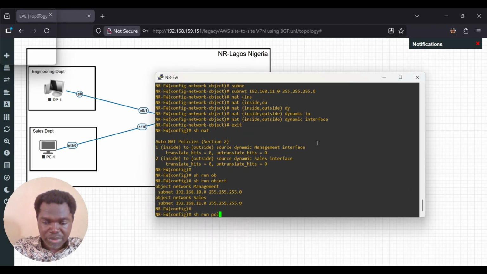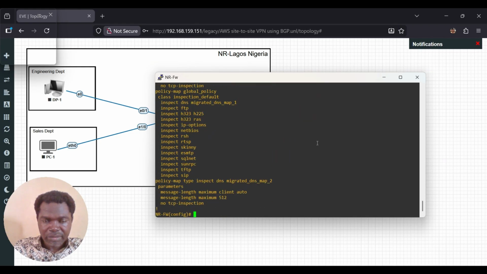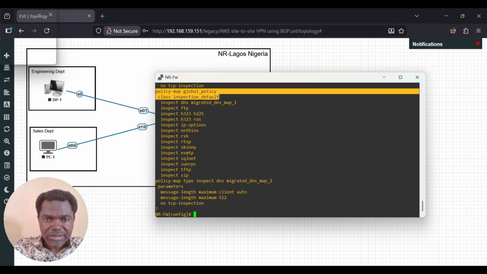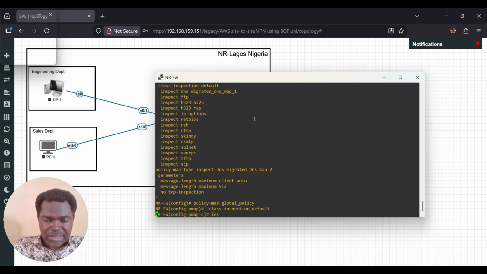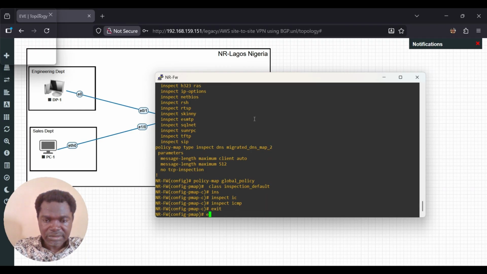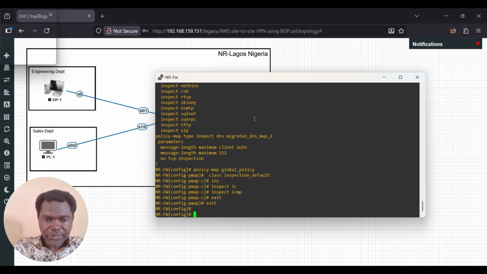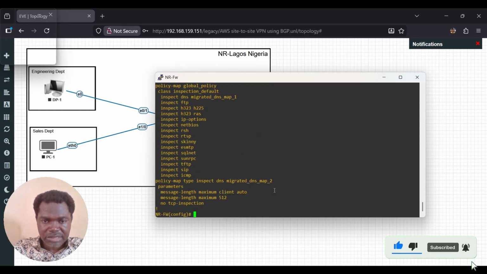So show run policy map. Now I'm going to tell my firewall to please inspect ICMP traffic because I want to enable ICMP traffic. That is the only way I can be sure my devices can ping the internet. Okay, so run policy map. You can see the inspect ICMP there.